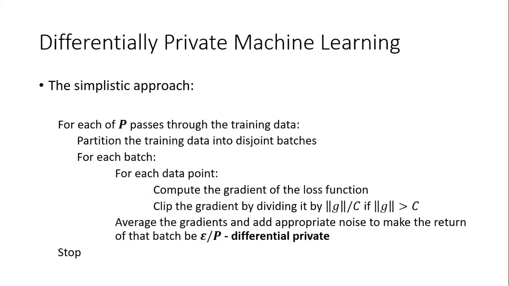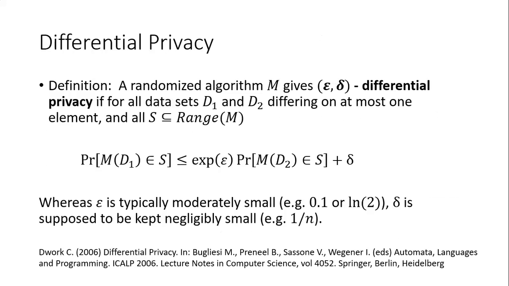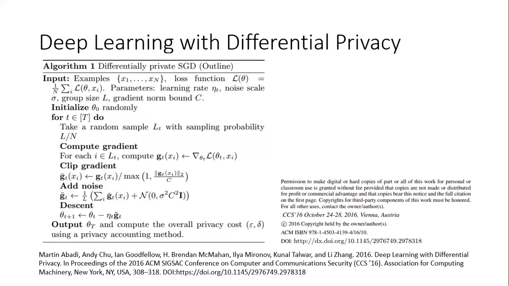So this was a very simplistic approach, but I'll jump ahead since I'm running out of time. In this paper, Deep Learning with Differential Privacy, they do basically this. But they mention in their paper that even though they list their pseudocode with a constant value C, because they do deep learning with multiple layers, they actually use different values of C at different layers and different values of the standard deviation of the noise.